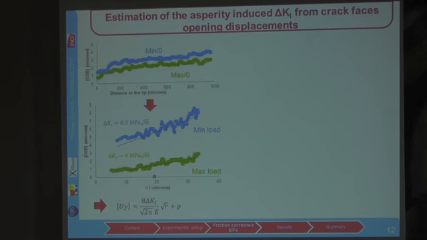And so we can plot the opening displacement as a function of the distance, and we see that it is often non-symmetric, which is not predicted by usual models. And by plotting this opening displacement as a function of the square root of r, we get the effective delta K1,